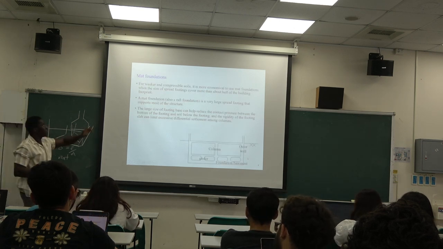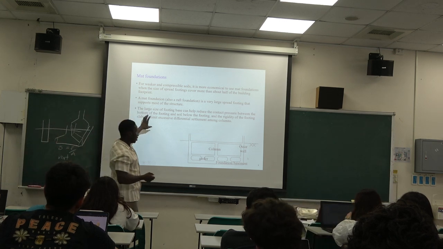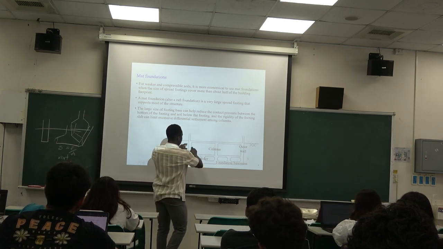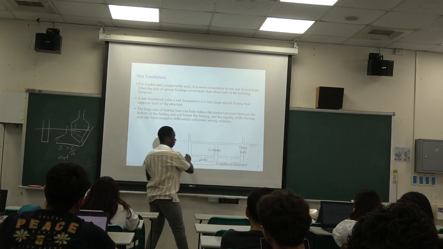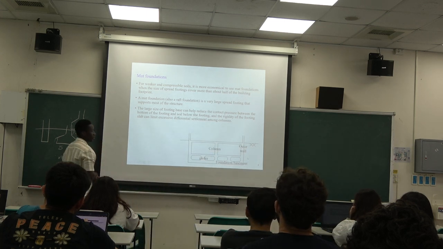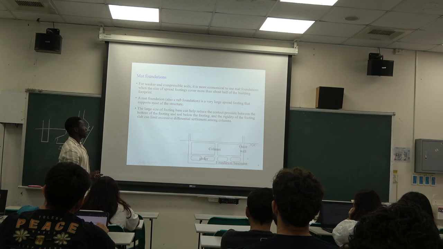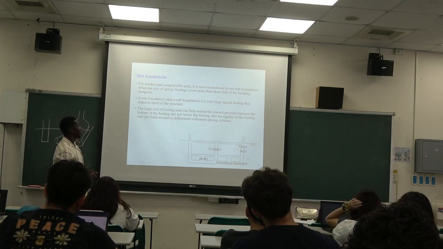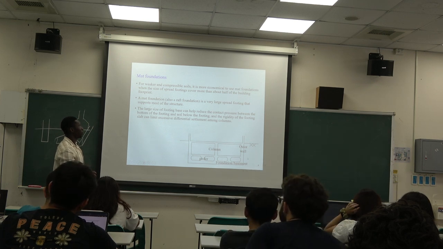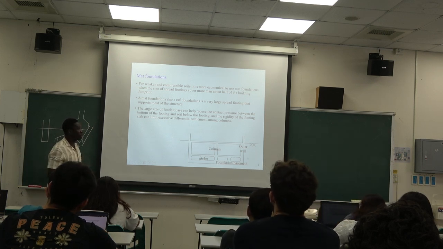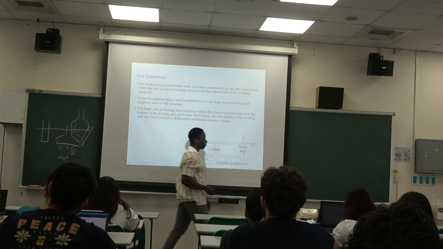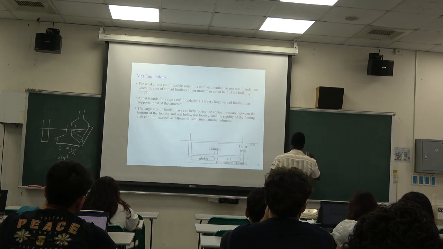Okay, so this one is the mat foundation. So the whole floor area now is a foundation. So it says for weaker and compressible soils, it is more efficient to use a mat foundation when the size of spread footings covers more than half of the entire building footprint. So if this is our building footprint